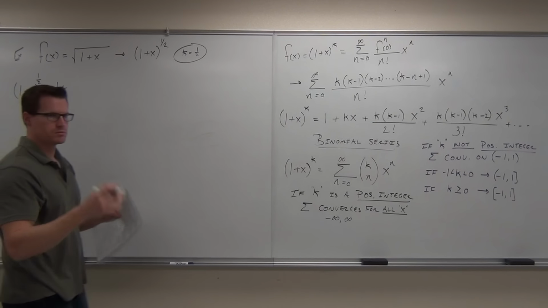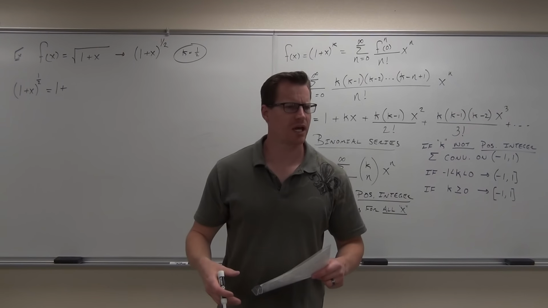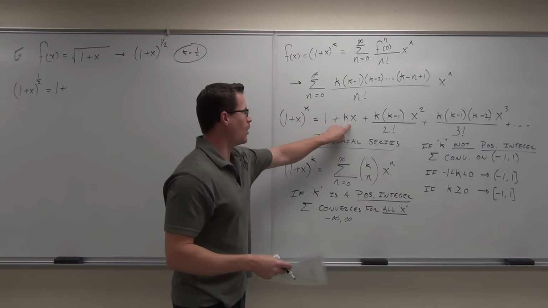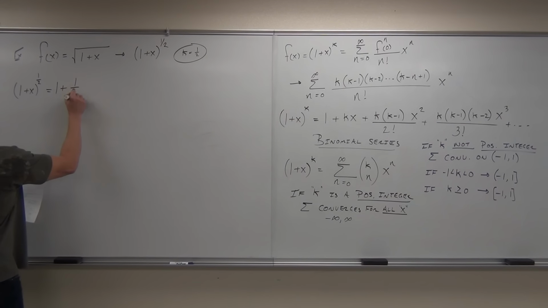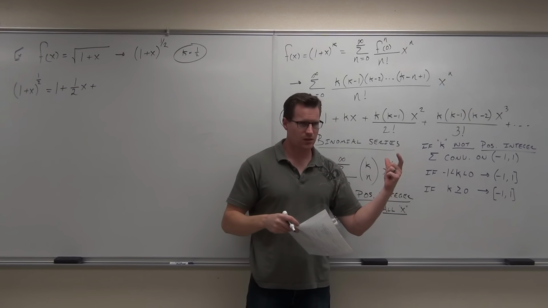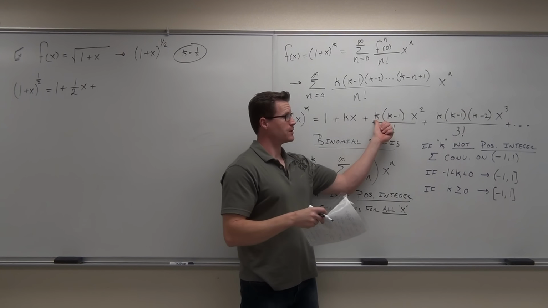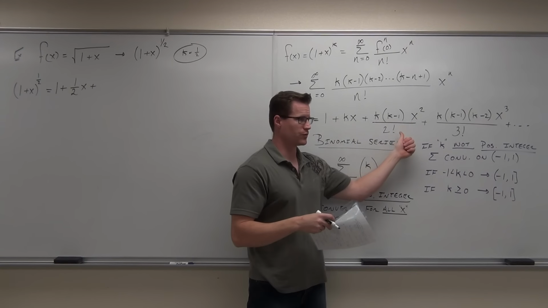Good. 1. We always start with 1. That was the easy one. Okay, let's continue. What's the next term? What's our k? 1/2. So we would have 1/2 x plus. What's our k again? 1/2. So we have 1/2 times 1/2 minus 1 times x squared all over